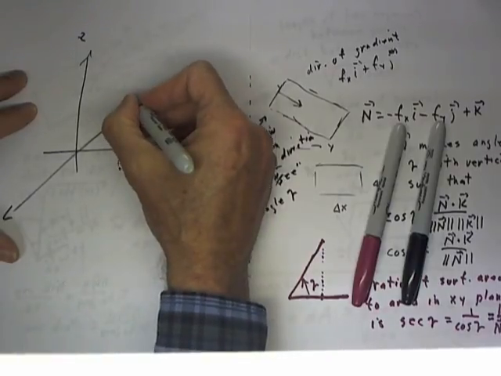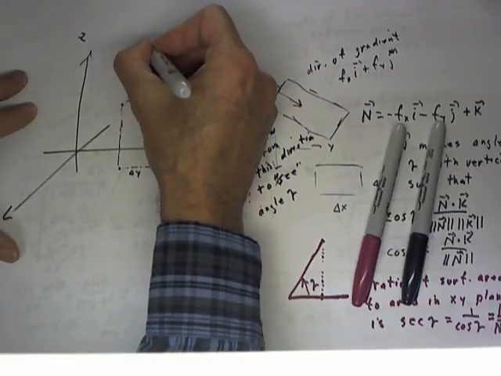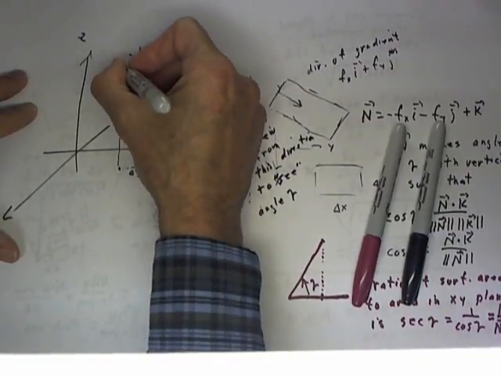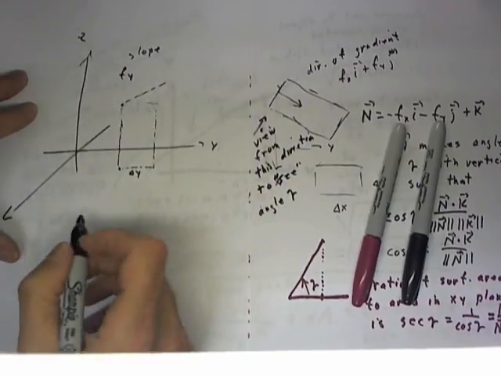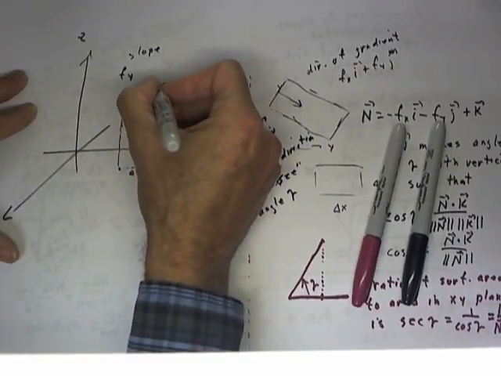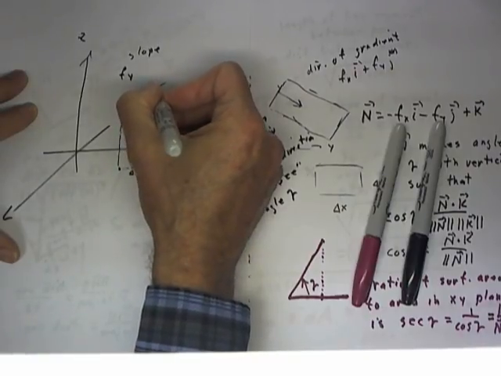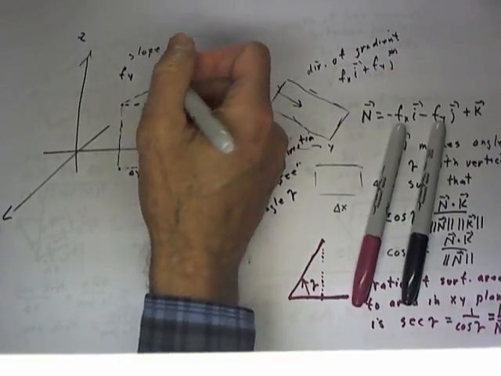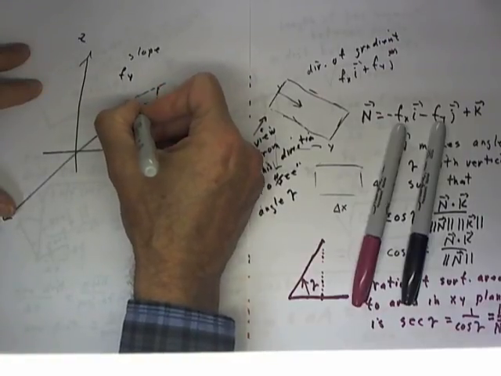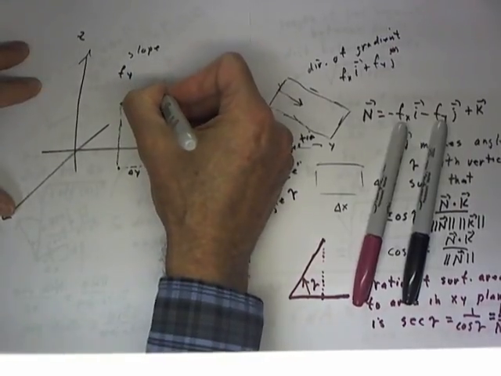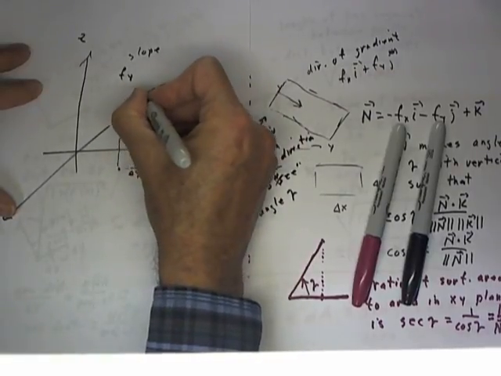along a line that has a slope of Fy calculated at that point. That means that the change in the function in this direction is going to be what? Well, if this is delta y, then the change here is Fy delta y, so that a vector